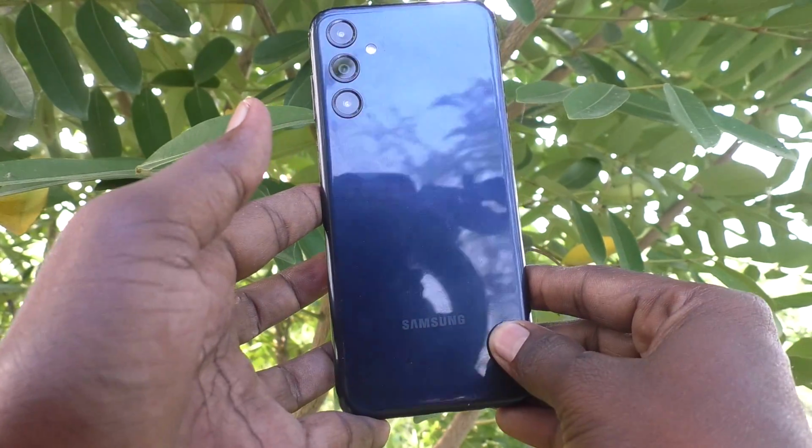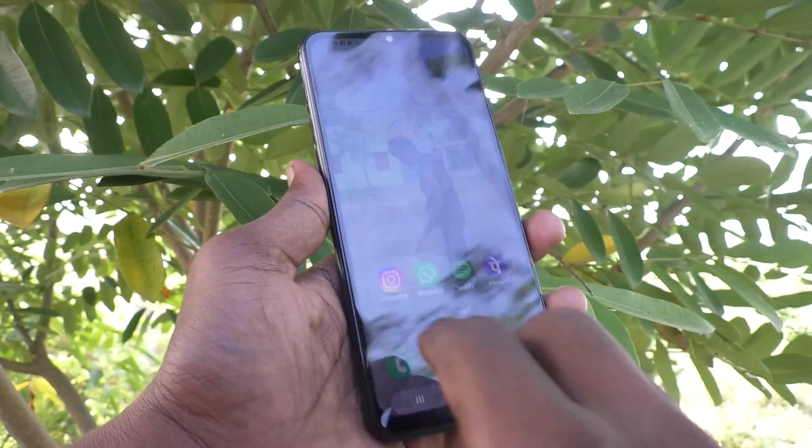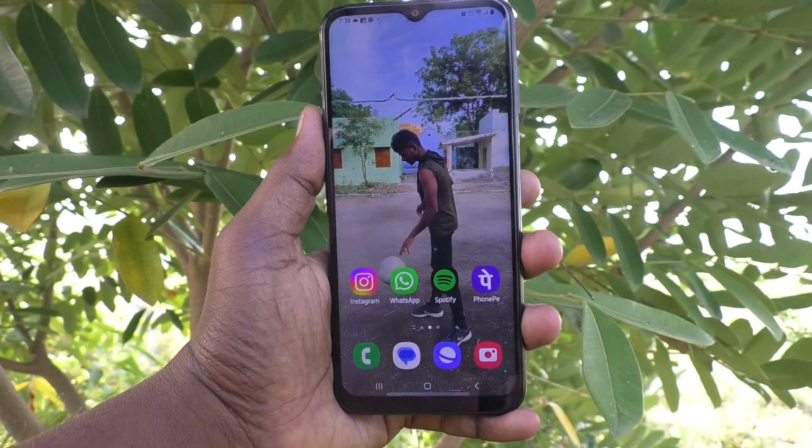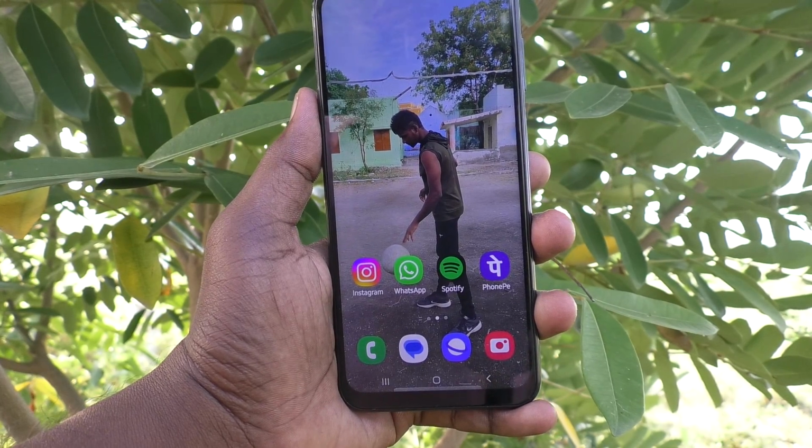Here is Samsung Galaxy M14 5G smartphone. In this video you will learn how to set the side button to open any app in your phone Samsung Galaxy